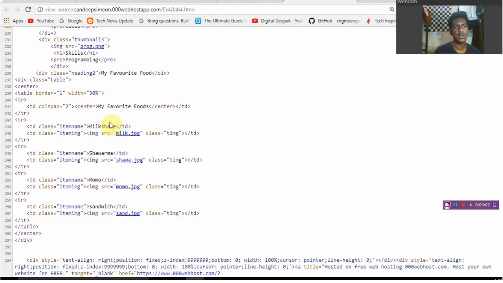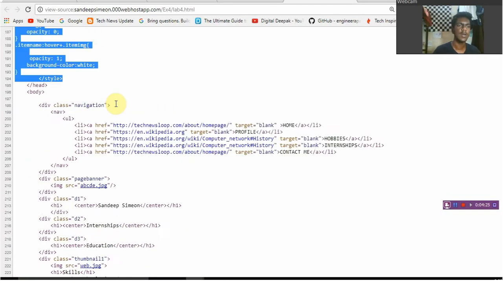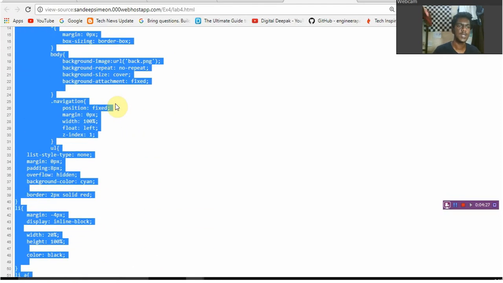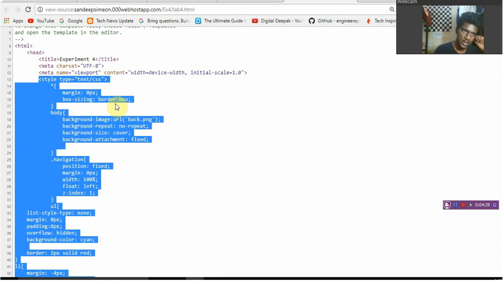And then this is all created according to a table row strategy, like the table has the border and width, and then the table data will be called colspan 2, with the heading of adding my favorite foods, and then the other table row has the table item name and the item image, and all these things are editable in the CSS file. Now I'll show you the CSS of this page,